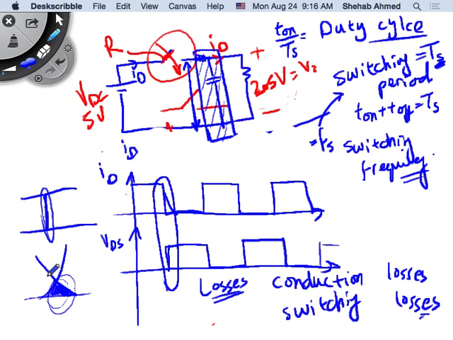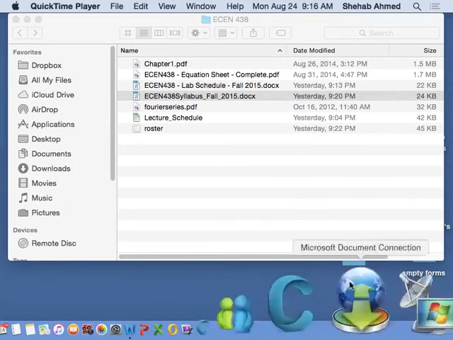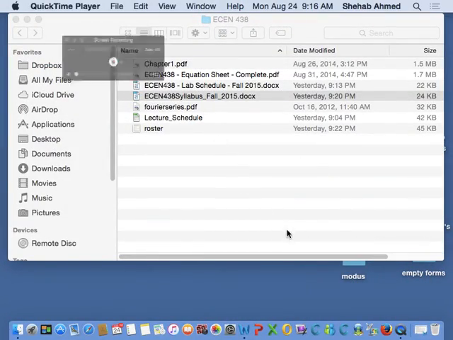What happens to the filter when you're switching at low frequency is something we will discuss next time, and the benefit of going to high frequency we'll discuss next time as well. So we'll stop here and we'll see you on Wednesday. I did not go through the full